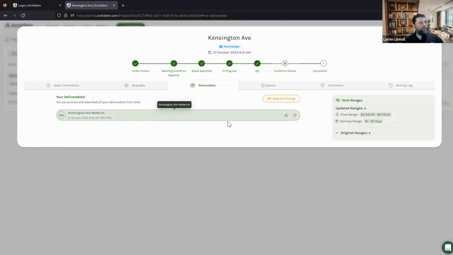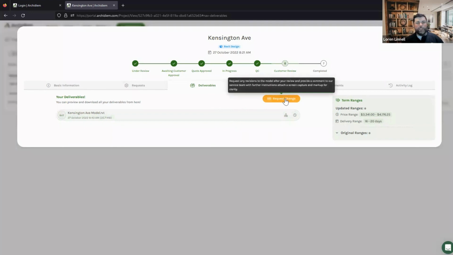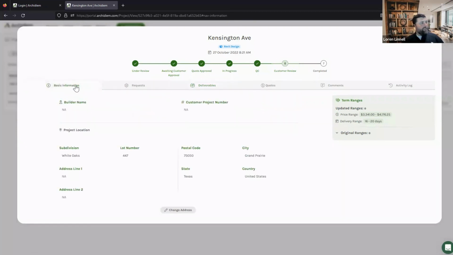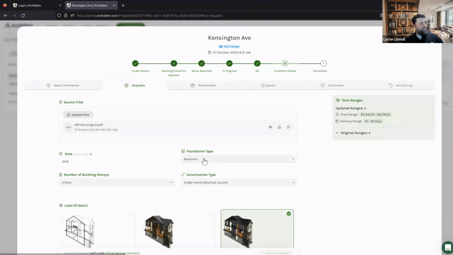Maybe there's something in there that we missed. Maybe there's something that you want to add. Maybe at this point you still want to make a change. You can always request a change on this project. And if it's something that we need to fix, then we'll just do it. And otherwise we can always put a change order or add a request or anything to keep it with that one. Again, you can always go back as well and see your basic information, all the requests that were made